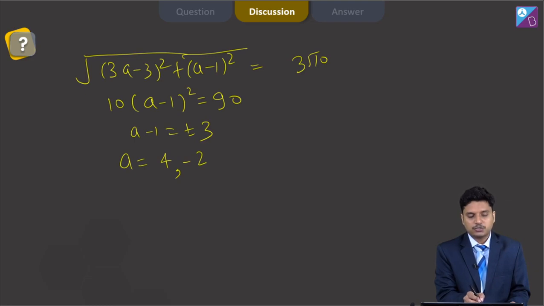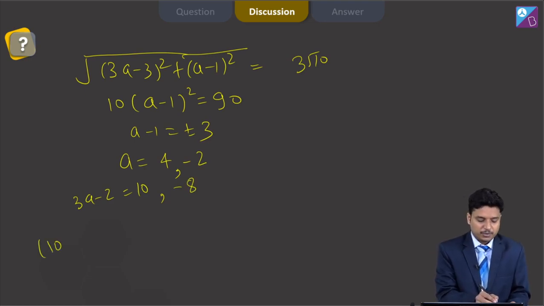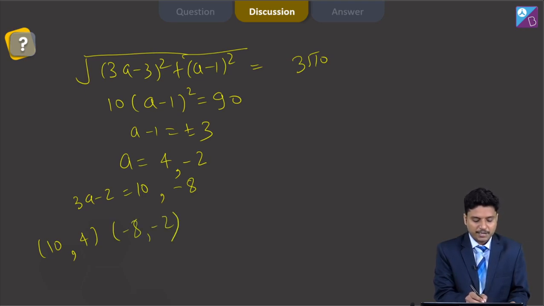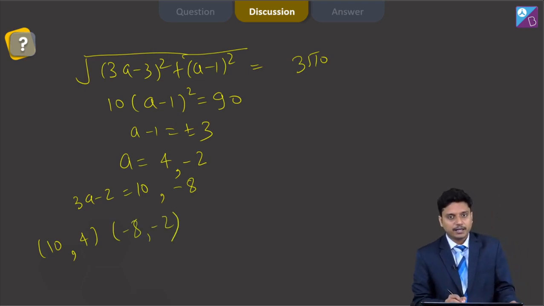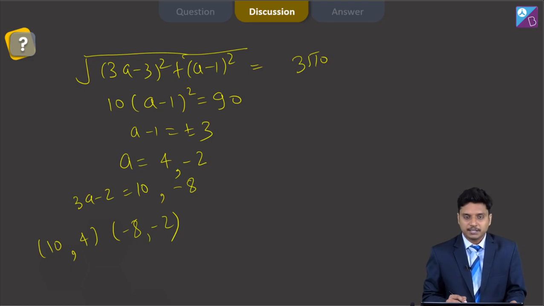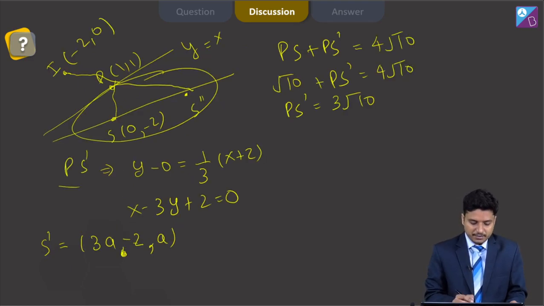4 or minus 2. If a is 4, then 3a minus 2 will be equal to 10, and if a is minus 2, then 3a minus 2 will be equal to minus 8. So the possibilities for foci are (10, 4) and (minus 8, minus 2). Now here comes the tricky part. If you are going with option A because of these two possibilities, (10, 4) and (minus 8, minus 2), then actually these two possibilities are not possible geometrically, because